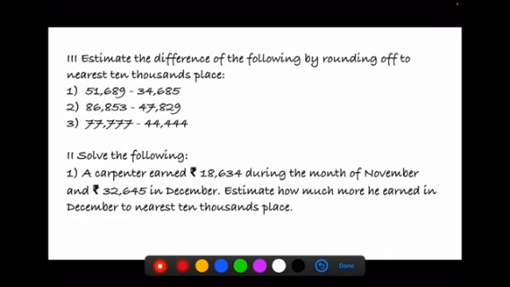We'll have to take the difference to find out how much more it was, how much more the carpenter earned in the month of December than in the month of November. I hope all of you have understood, children. Please work out all the problems on your own, and then after work